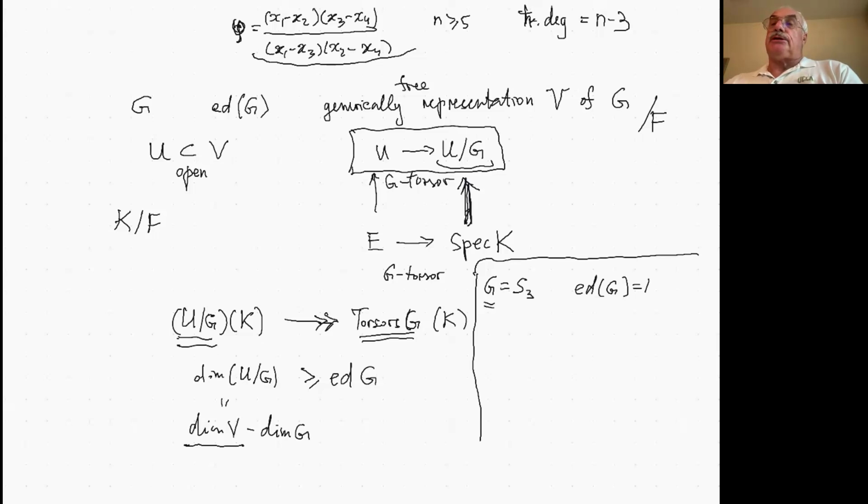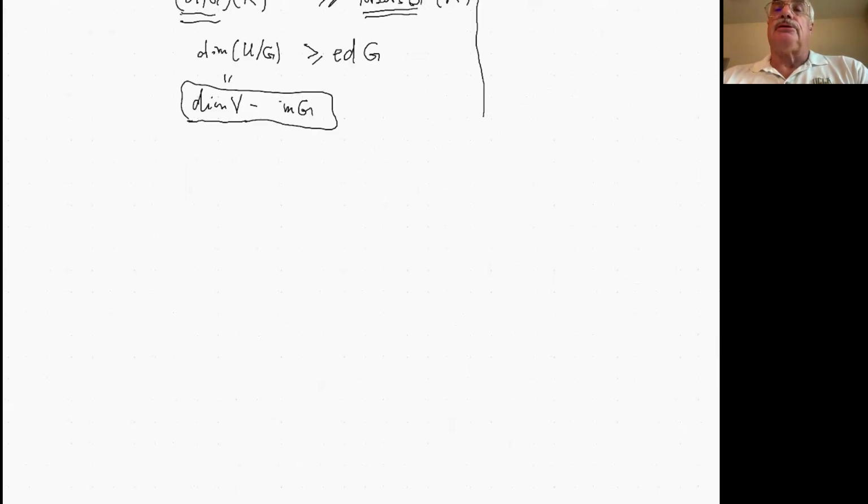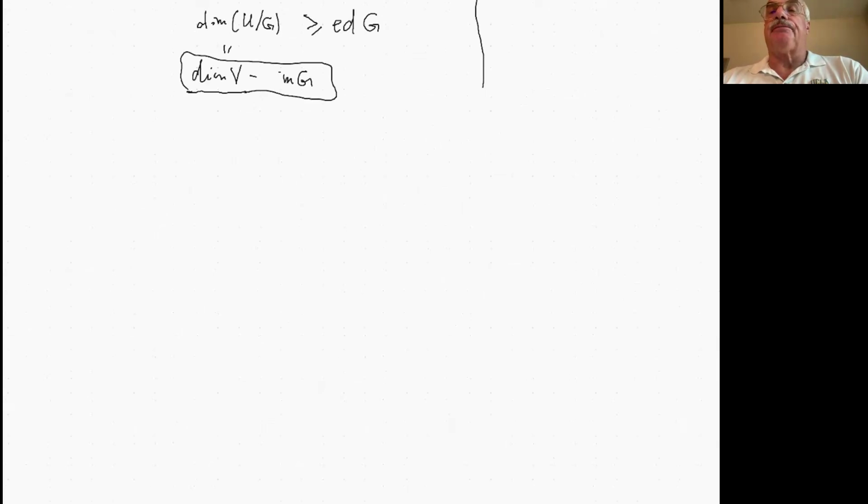But there is one instance when we have the equality, and it's the last statement I would like to give you. It's a theorem by Karpenko and myself. If G is a p-group for some p, then the essential dimension